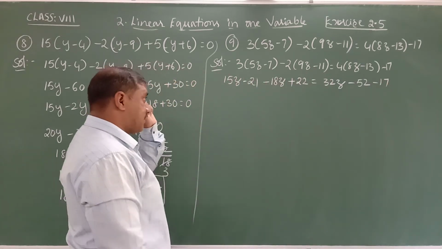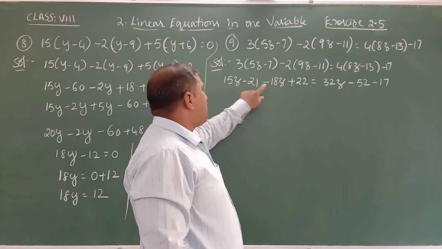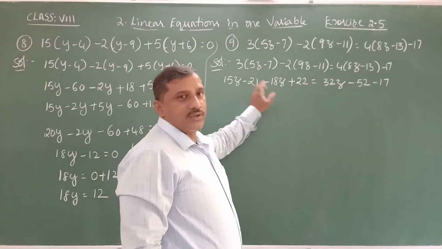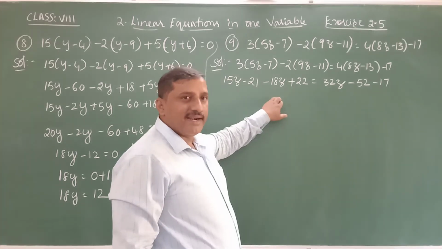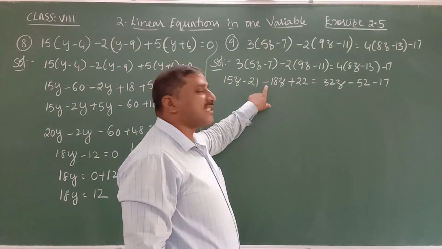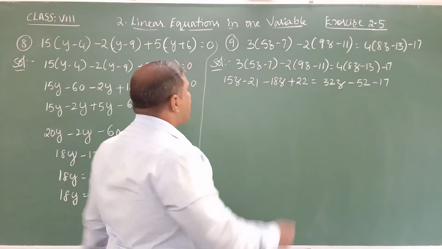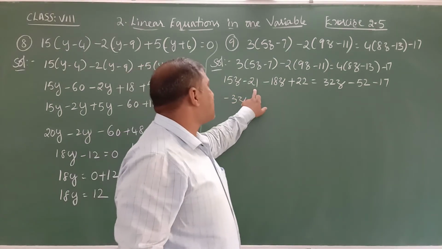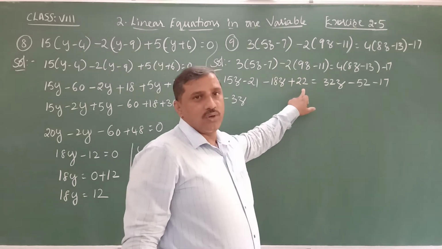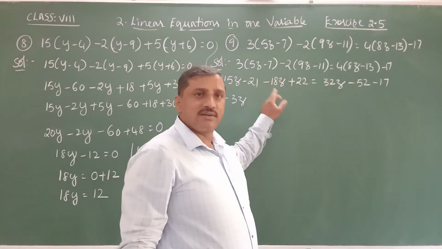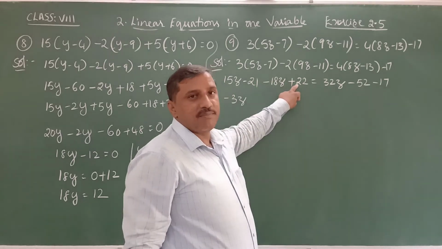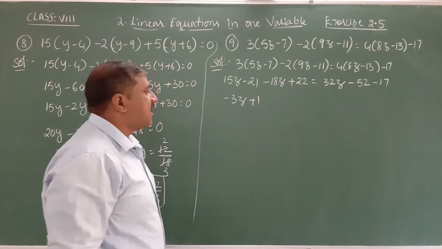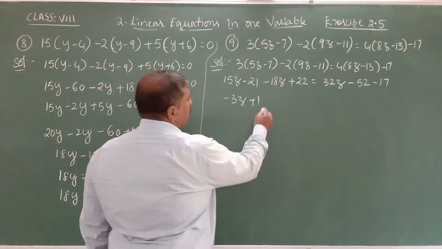Now simplify this. 15z minus 18z, 15 minus 18. So subtract 15 from 18, we will get 3, and 18 is greater, it is having the minus sign. Therefore what we get? Minus 3z. Now minus 21 plus 22. 22 minus 21 it is 1, and 22 is having the plus sign, therefore we get plus 1. Minus 3z plus 1 is equal to